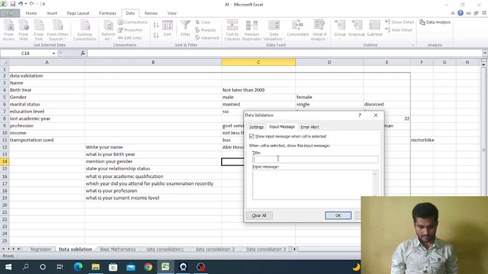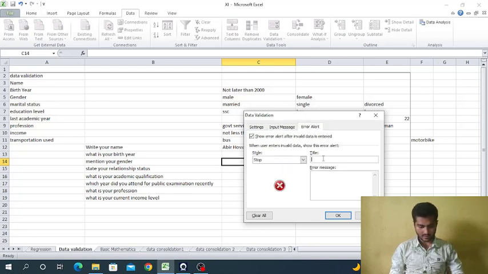Input message, select your gender. You can copy this and paste it in the input message.